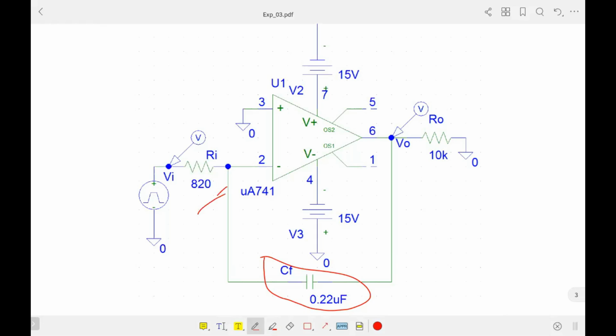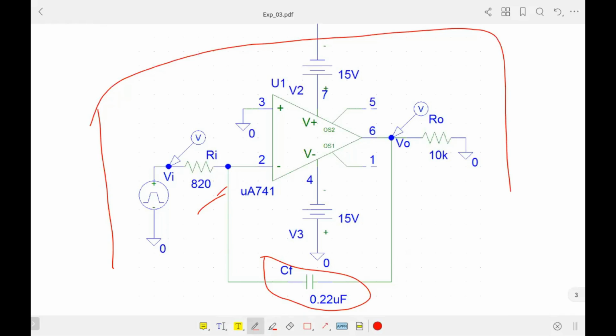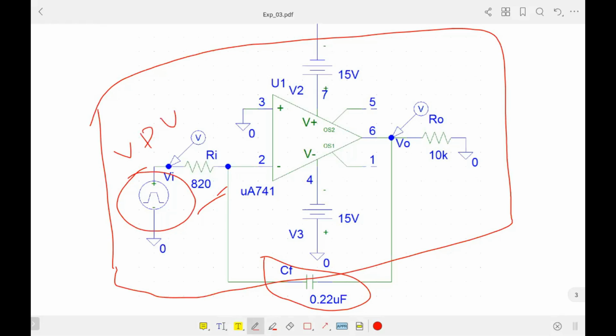Anyway, for now in this integrator circuit we have a capacitor as the feedback, and the other configuration is just like the other inverting amplifier. And for input we have supplied a V pulse. In the second experiment I think you already used V pulse, so it will be easier for you, don't worry. Anyway, if I go to the output expression,